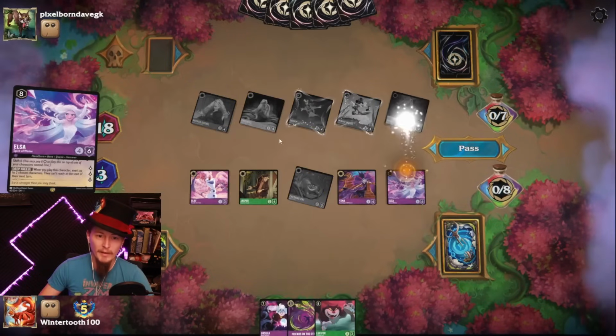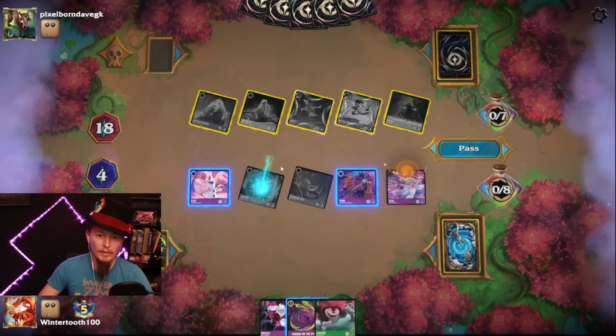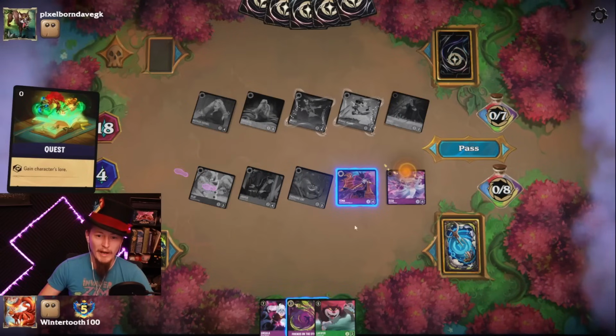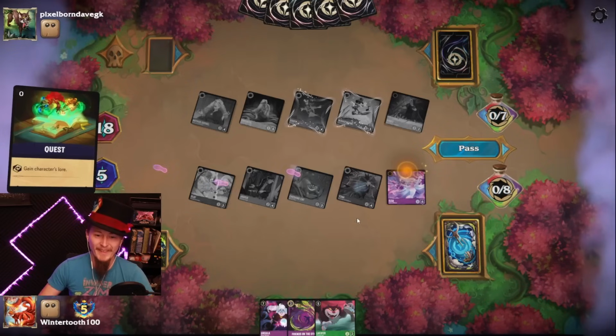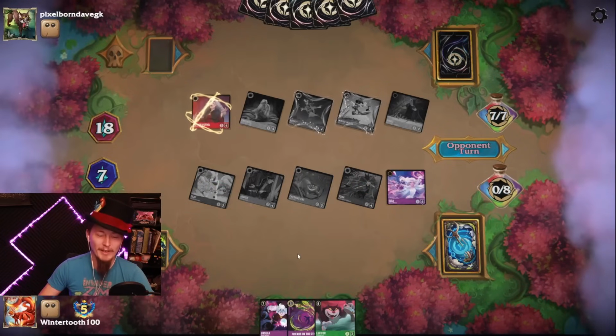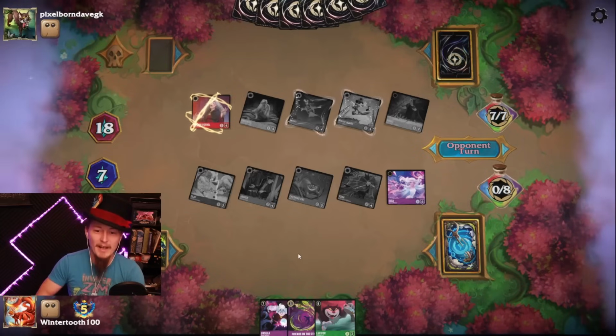Let's lock down these 2. Quest with Jasper. Lock down Mother Gothel. Now the entire board can't quest. Which is pretty fantastic. Pass the turn. We're only on +9, so I need another...